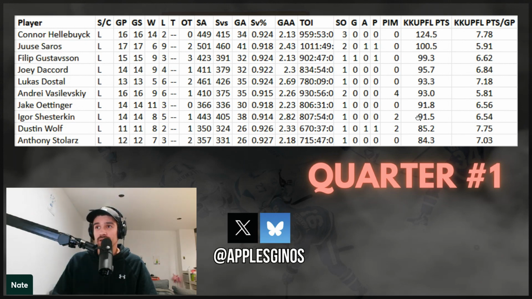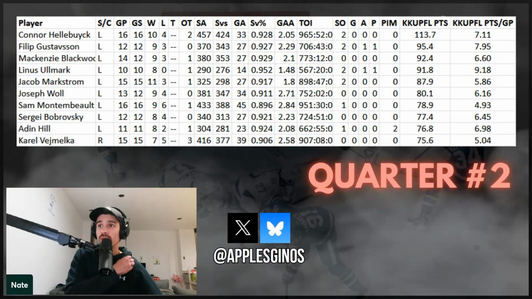As we progress through this, I just want to note Connor Hellebuyck was the only goalie that ranked in the top 10 in points scored in all 4 quarters of the season. So definitely Hellebuyck had a great year. But I do want to highlight again, people say, of course Hellebuyck had a great year. Okay, but then why weren't we drafting him ahead of Igor Shesterkin, and why was Shesterkin terrible? Again, people tend to use hindsight to overrate their ability to foresee these kinds of seasons coming. If we were so good at that, then we would have taken Hellebuyck over Shesterkin at the beginning of the year, and that was simply not the case on average, either in the Yahoo ADP or the Cupful ADP.